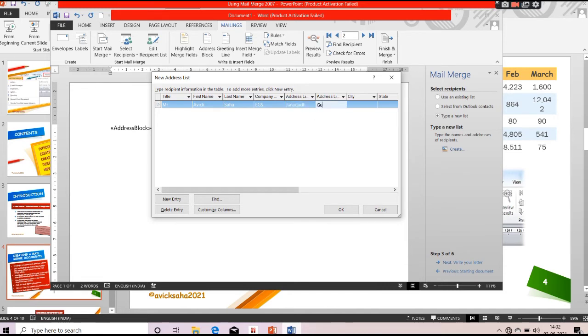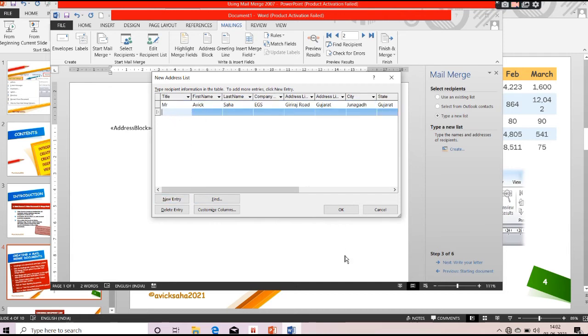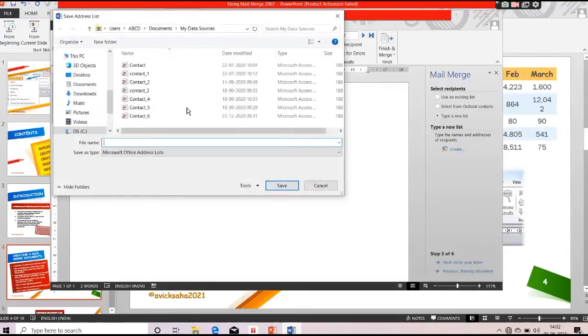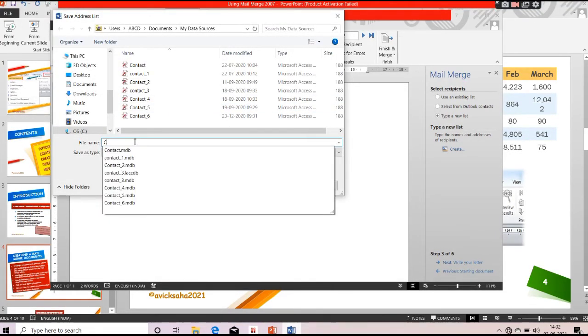You can write some of the address like Pinpur, Gujarat, and city also, you can write Junagadh, or else you can write here Giriraj Road, and you can write some of the city like Junagadh, and you can write West Bengal, or you can write the state like Gujarat. This is how you can add an entry. If you want to add more entries, then you can write here and click OK, and the contact will be saved with contact